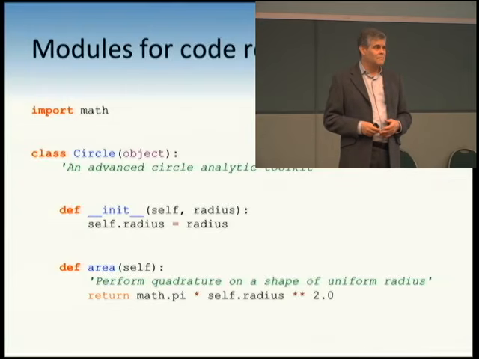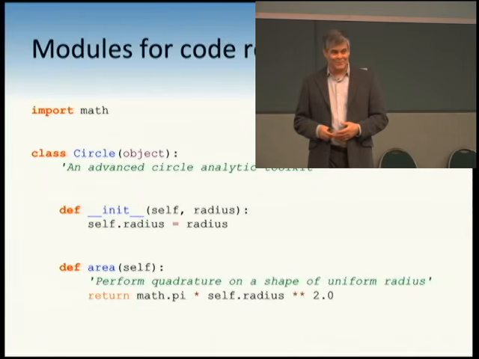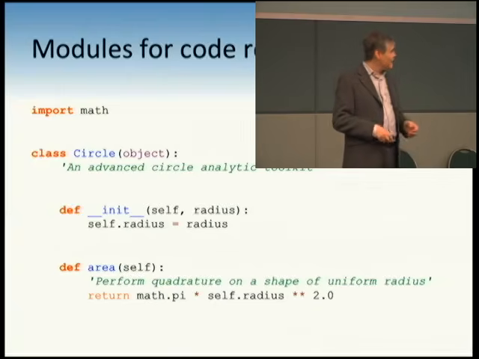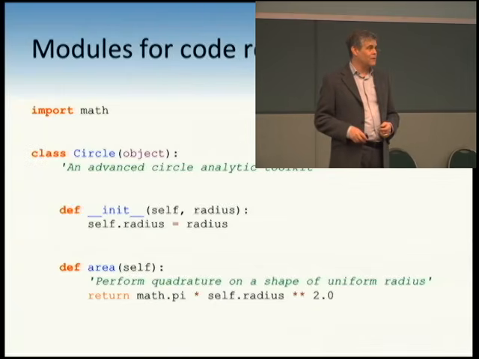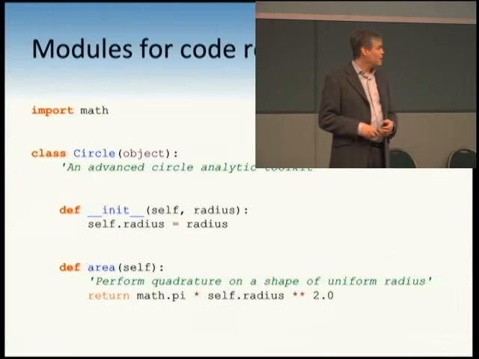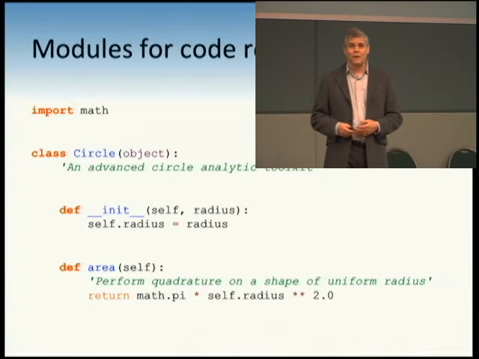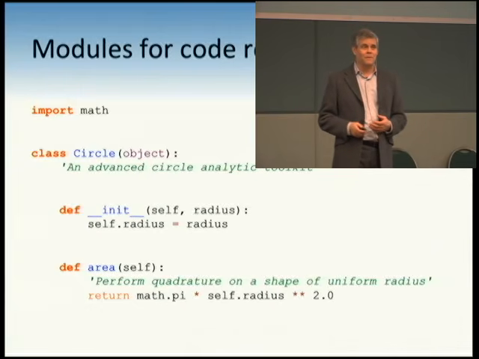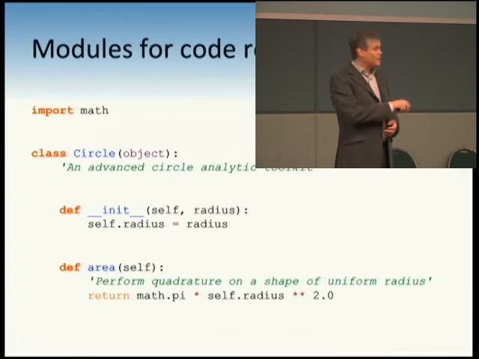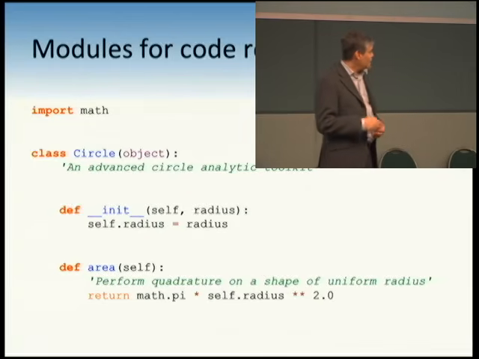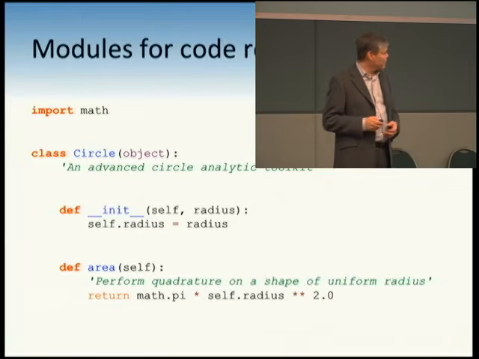Yes. How about it's a variable that never changes? There's actually a difference. If you run this code on an old version of Python, you'll get a 32-bit version of pi. If you run it on a modern Python, you'll get a 64-bit version of pi. And if you take the same program and upload it to a Cray, it'll run out to a 128-bit version of pi. Your program will self-adapt when you do things like this. All right, so modules for code reuse.